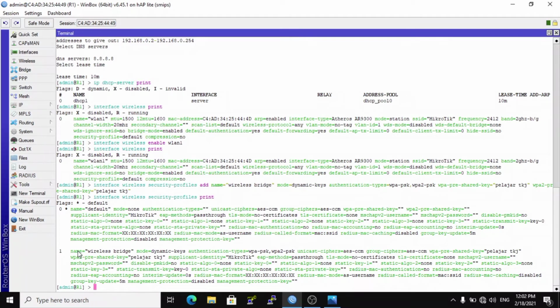And next configure VLAN 1, interface wireless set VLAN 1.